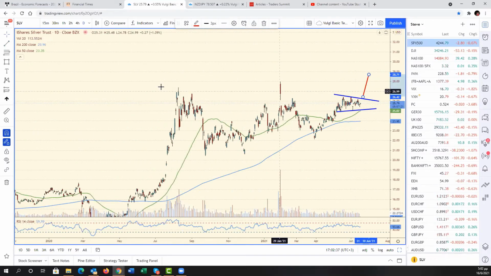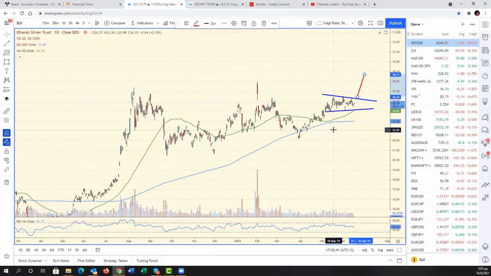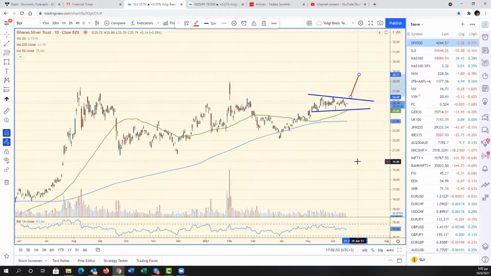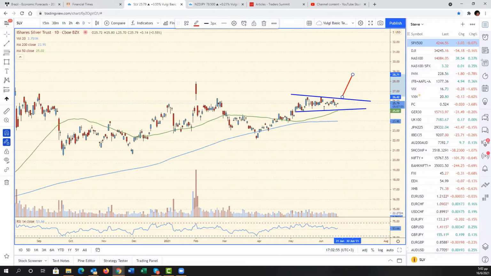And of course, there is the bigger pattern as well, which is like a bigger symmetrical triangle. But as Stelios said, I find absolutely no reason why you should trade this instead of spot silver, right? Or anyhow, trading one or the other is one and the same. There is no chance that one is going to do anything different than the other one is doing. So technical analysis on both of them is exactly the same.